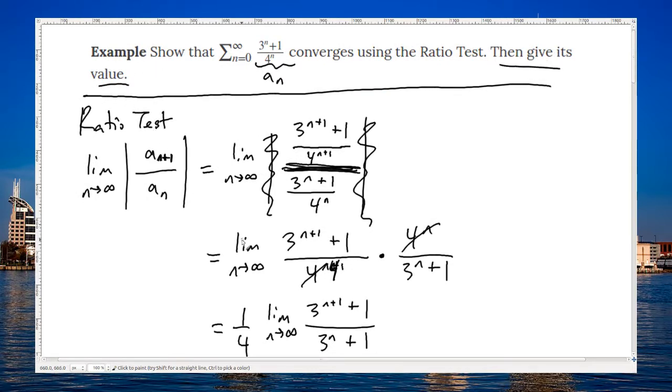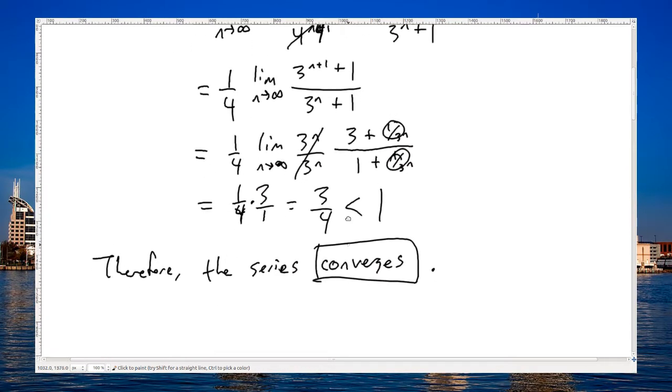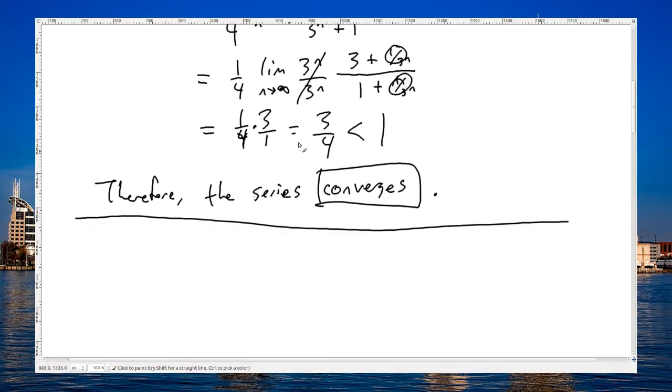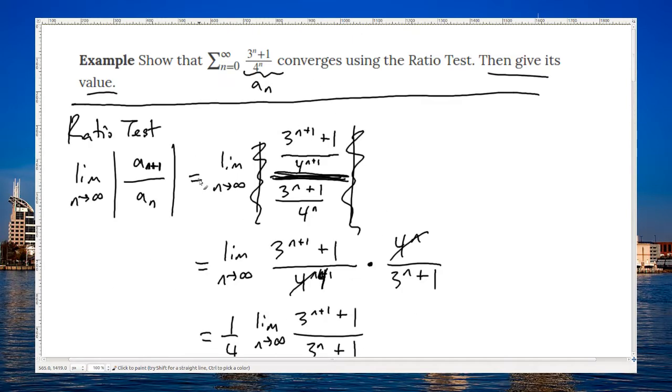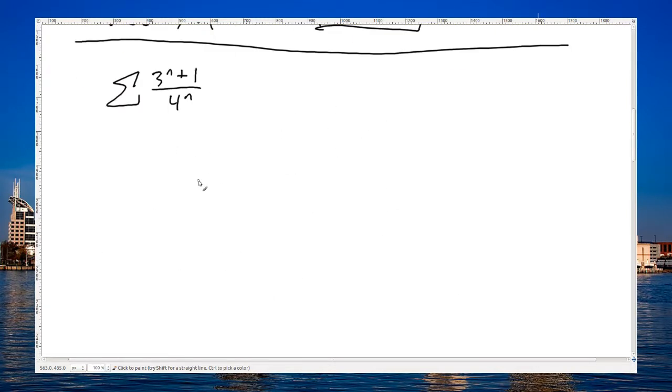find its value. And I usually can't do this, and I definitely cannot find its value using the ratio test. But in this particular problem, there must be some other way I can find its value. And it turns out it's almost a separate problem. I can take the series, 3 to the n plus 1 over 4 to the n, and where does it begin? It begins with n equals 0